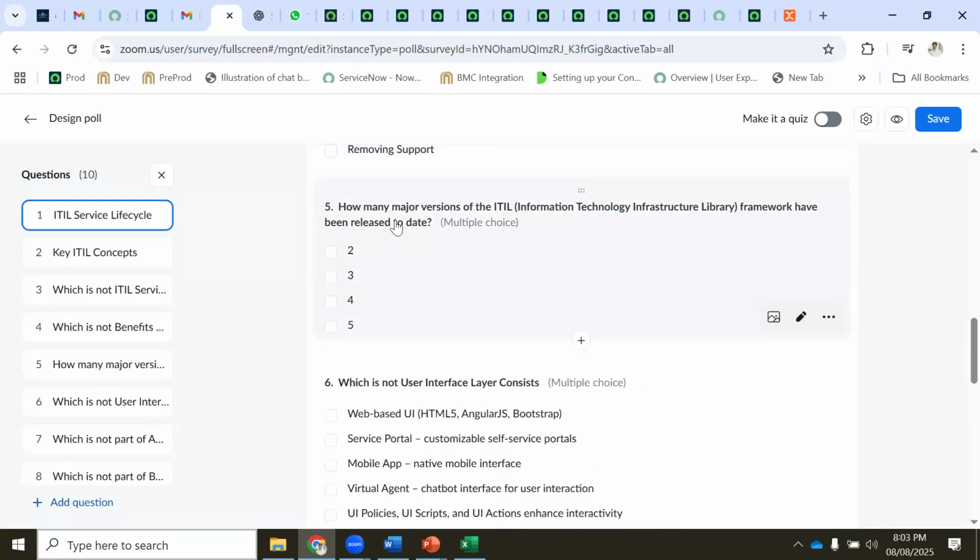Okay. So how many major versions of the ITIL infrastructure framework have been released?